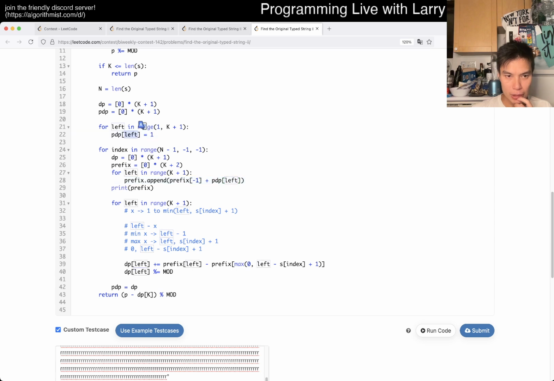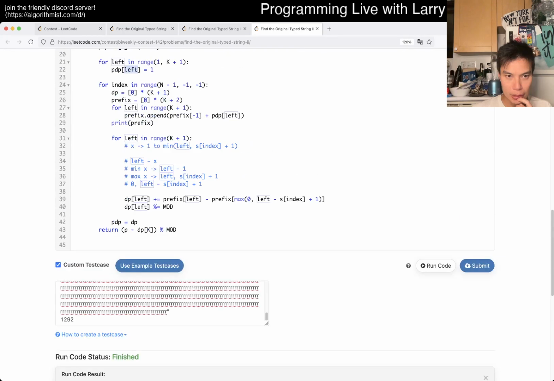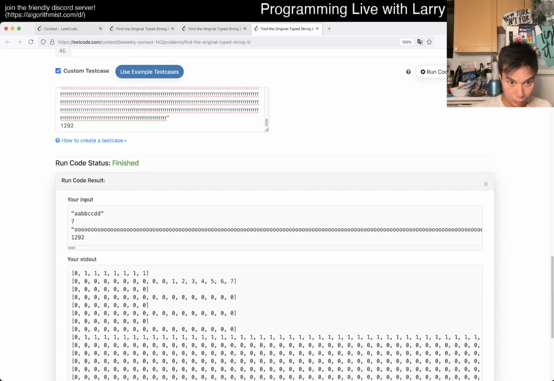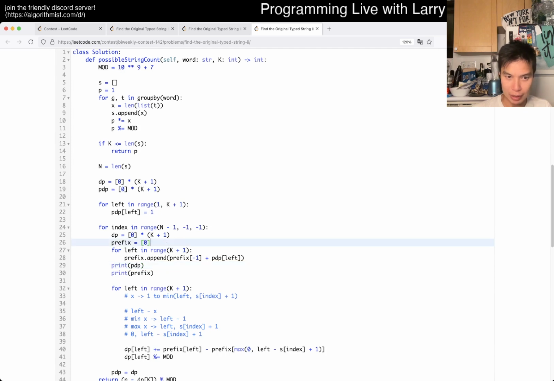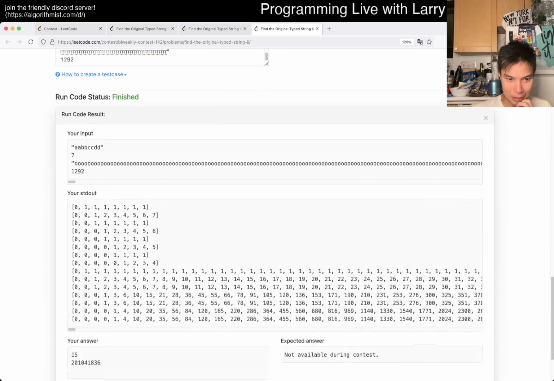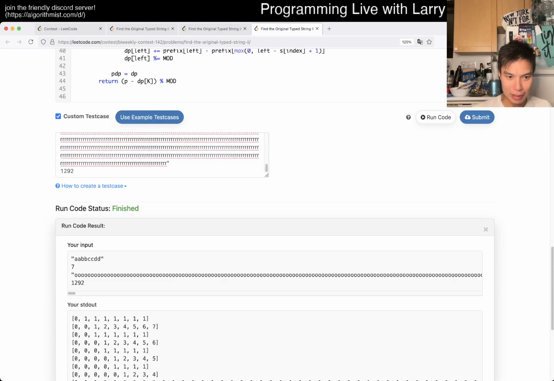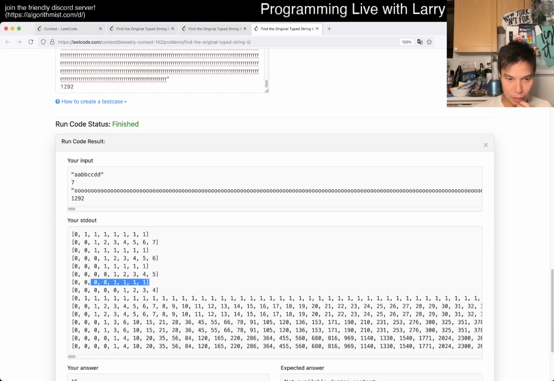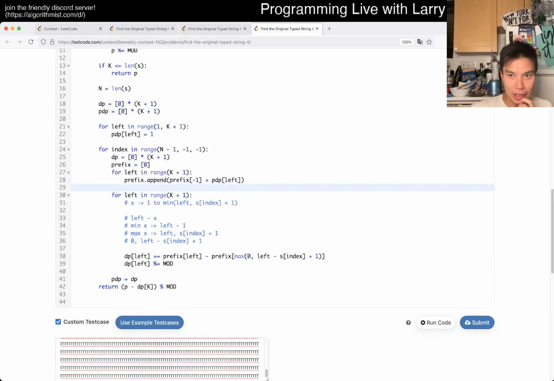That doesn't make sense. PDP left from 1 to K. Yeah, so what? Oh, I'm dumb because I put 0 times this and it should be. I suck at programming. Okay, I mean, we have a different wrong answer, but that's good, maybe. I don't know. But at least the prefix sum seems to work, which is good. It doesn't seem to. Well, I mean, that's just a function of this thing, I think. But at least the prefix sum is actually working, because it's nice to be not an idiot for a second.